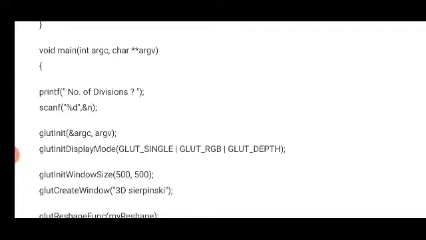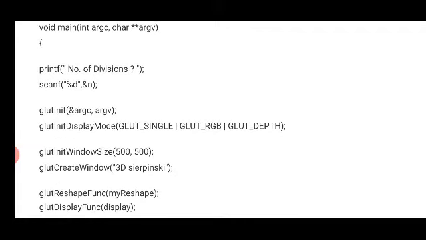This is our main function, where it first asks us to enter the number of divisions, that is the number of recursive steps. Then we initialize the GLUT environment by calling the glutInit function. Then we set the display mode as RGB and single buffer, and we enable GLUT depth.